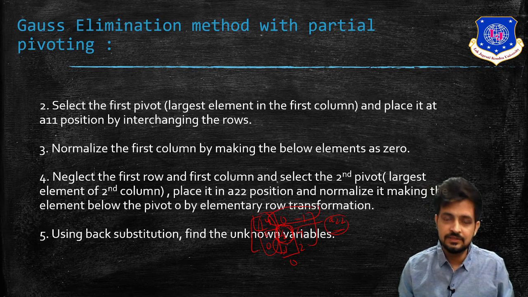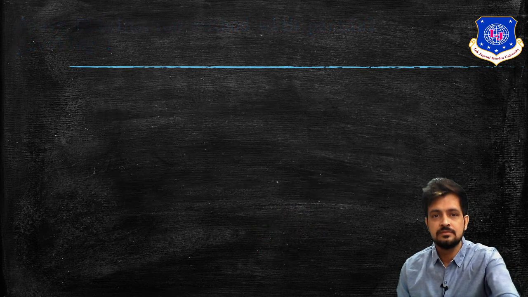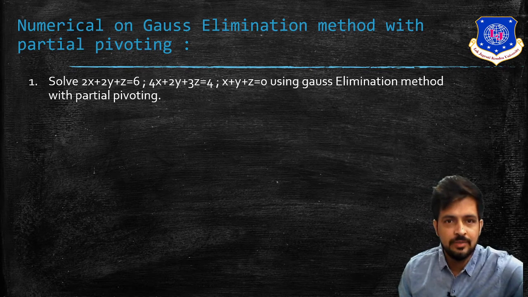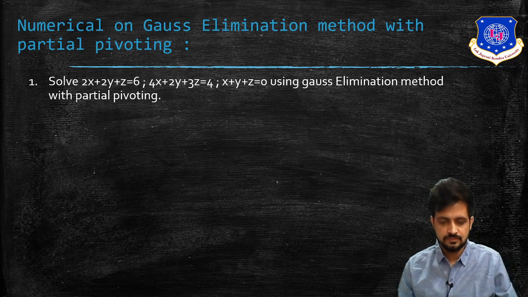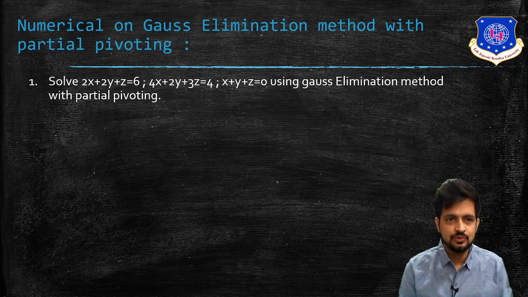So in this way, by using partial pivoting, we have to convert the augmented matrix into upper triangular form. Fine. Let us solve one numerical on the basis of this. See, this is the given numerical. We have to solve